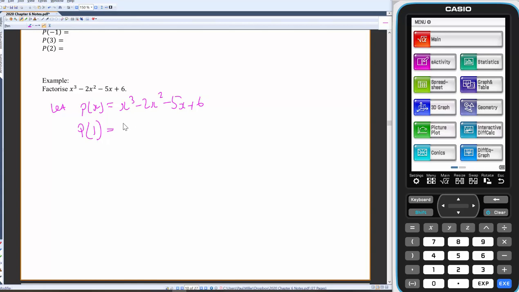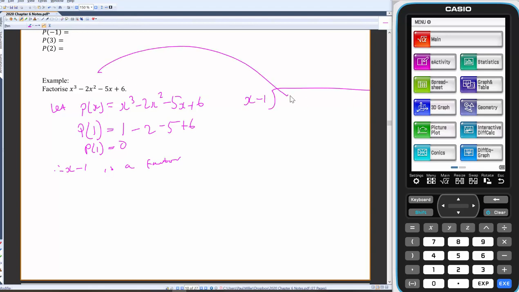So I'm just going to try p of 1. 1 take 2 take 5 plus 6. And we've got it. P of 1 equals 0. Therefore, x take 1 is a factor. All right, so yesterday then we would have used long division, x take 1 into this cubic here, but